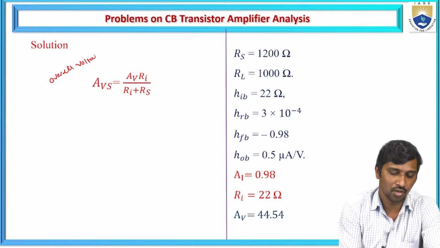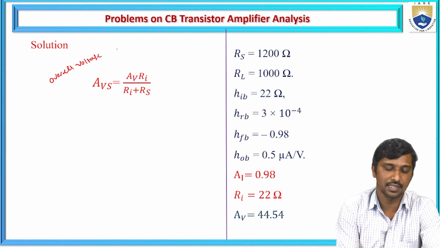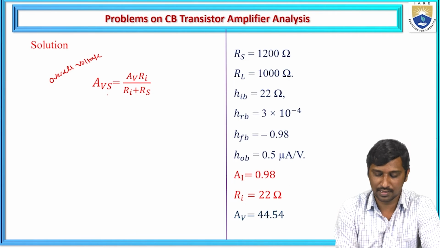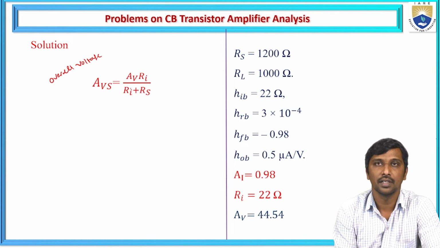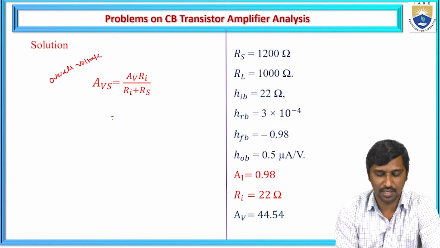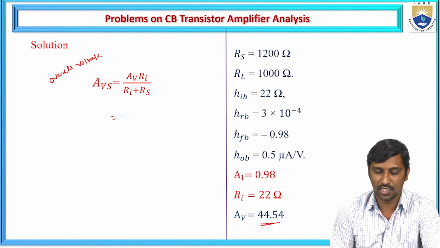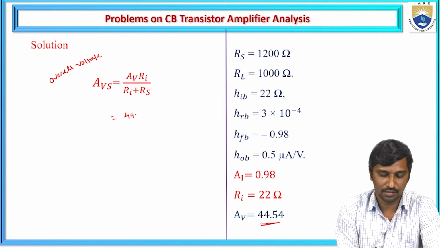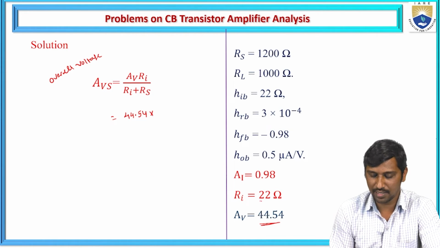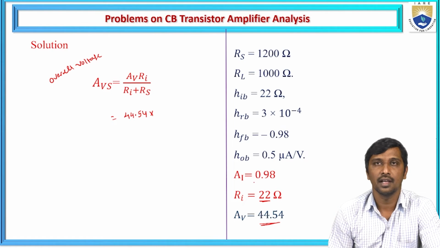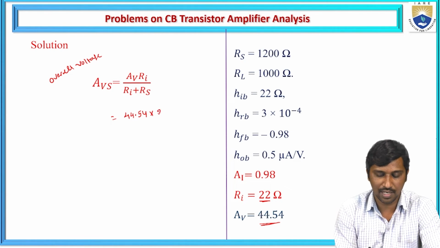Overall voltage gain, or the voltage gain with respect to the source resistance. In an approximate analysis, that is represented as AVS equal to AV times RI by RI plus RS. With the approximate analysis, we observe that the voltage gain is 44.54, and RI is equal to HIB in the approximate analysis. Hence the RI value is 22, then you can substitute this RI value 22 plus the source resistance